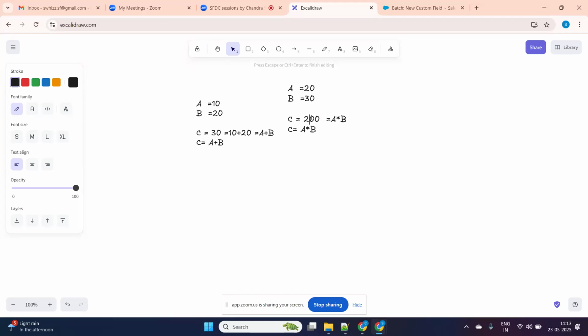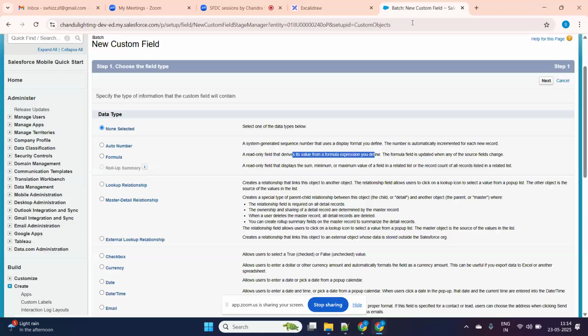It is 2,600. It is simple mathematics, right? So what is my formula here of c? This is my formula, right? These are the values assigned to these variables. Okay, now